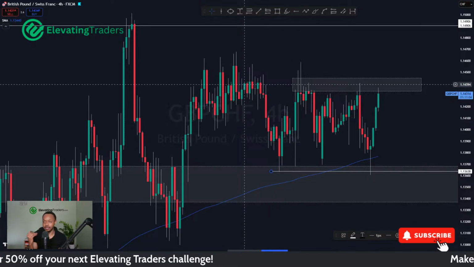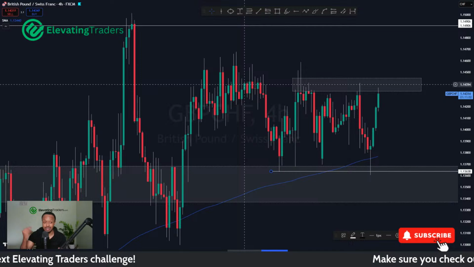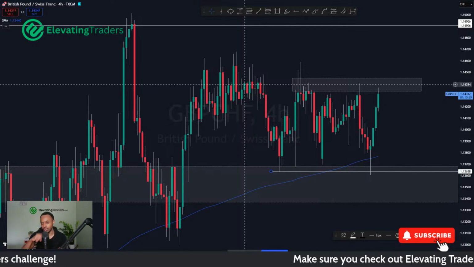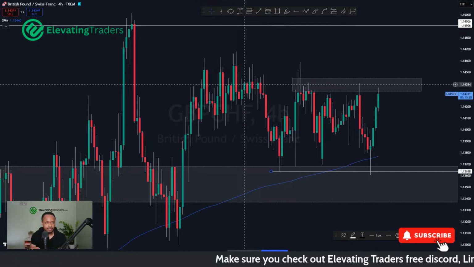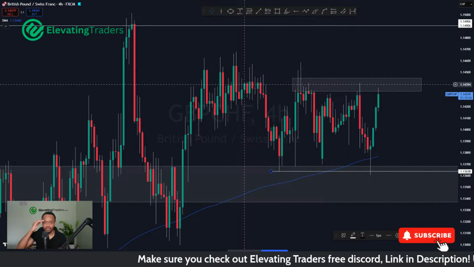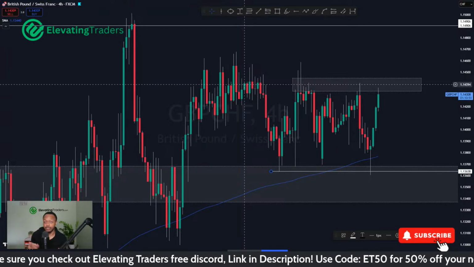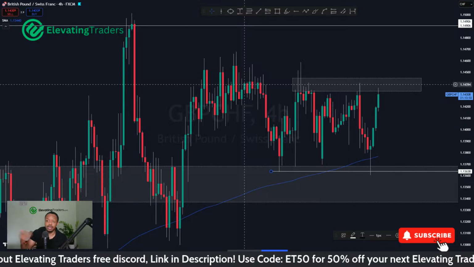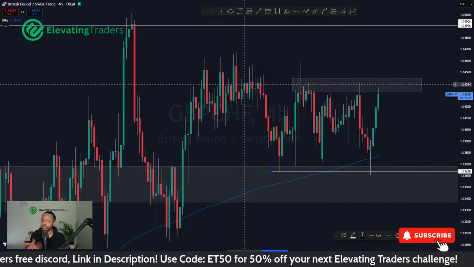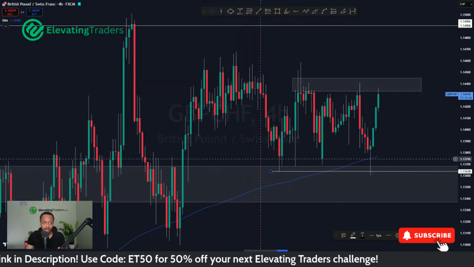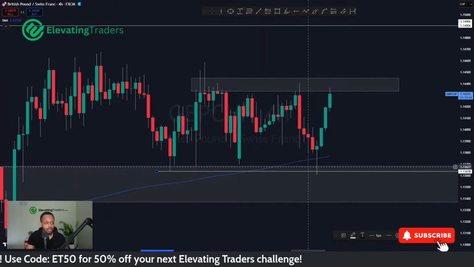It's always best to try and buy as low as possible, sell as high as possible, because you don't want to get caught in the messy fluctuations. If you're selling as high as possible, then the odds of price faking you out is pretty slim. If it does hit your stop loss, it's probably just breaking out anyway. So you don't want to be involved in a trade like that if the market is breaking out. That's what happened here.